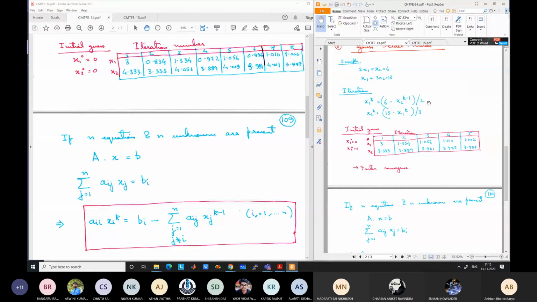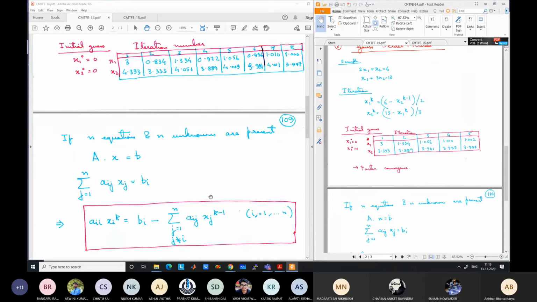But some variables may have very small values. So for example, say for some problem we are solving for viscosity or some other variable which has a value of 10 to the power minus 3 or something like that. So in that case, obviously the change in the absolute value will be very small. So even for the initial iterations, you will not be able to capture an accurate solution unless you take the relative changes. So it is always better to take relative changes for calculating the convergence criteria.